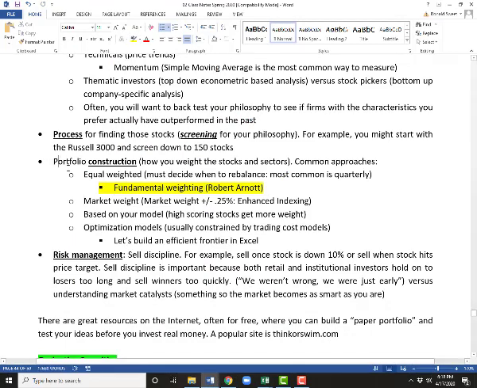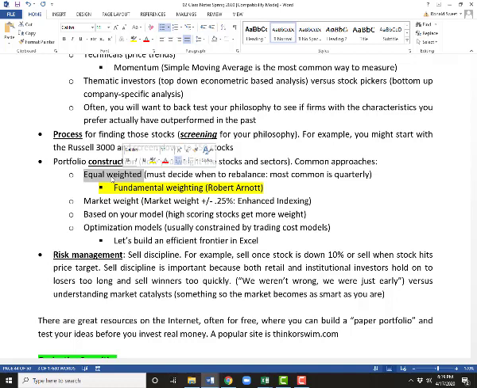All right, so there's the portfolio construction. You need to think about this. You don't just randomly put stocks in your portfolio. You got to know how you're going to put stocks in the portfolio. In the investment society, we follow an equal weighted strategy, but we do break it up companies between large and small. So we'll tend to have 2% in large companies and 1% in small companies, and we rebalance anytime we get,